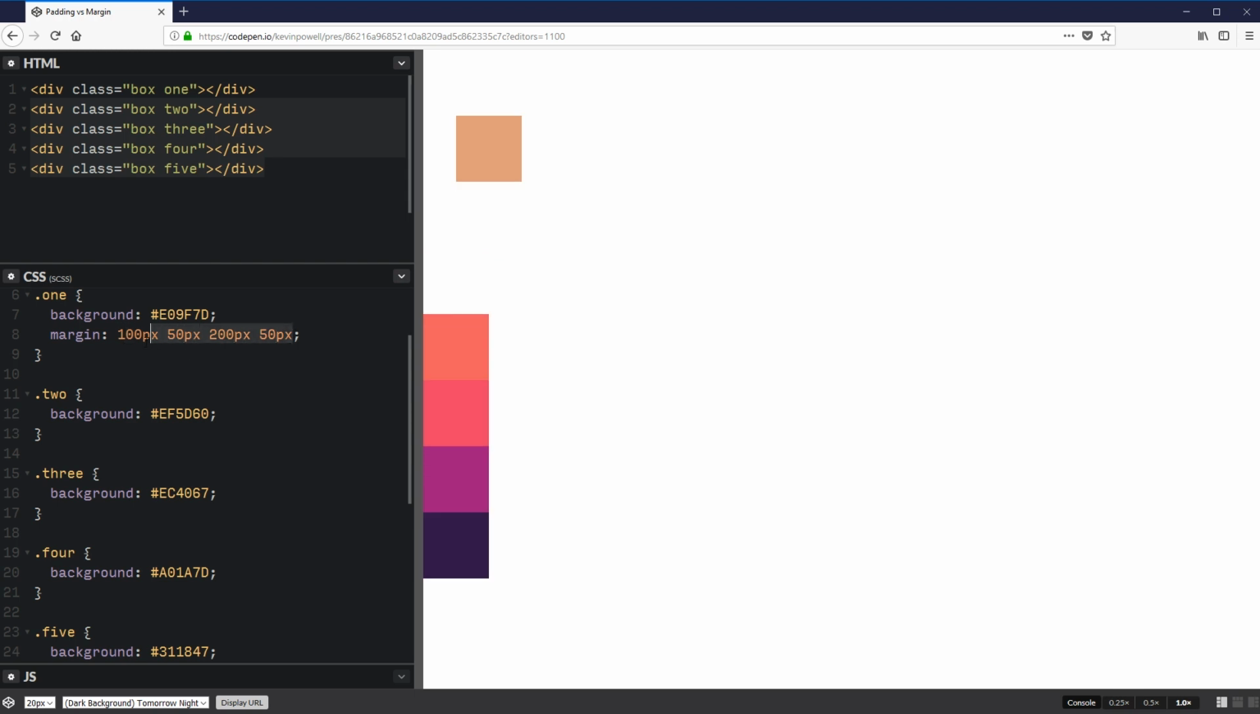Now, you don't have to write 4 properties in here. You could write only 3. So in this case, I have 10, 50, 200, 50. So these ones are different, but my left and the right are the same. If I took off the last one, it's going to use this for both the left and the right. So I have 100 on the top, 50 on the left and the right, and then 200 pixels on the